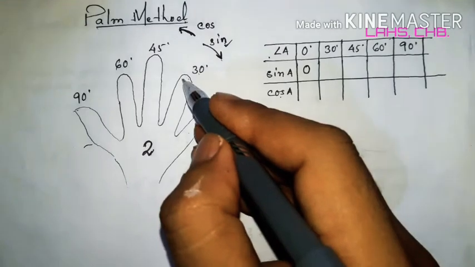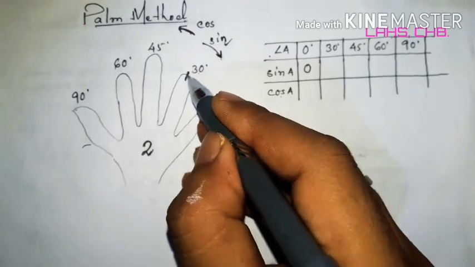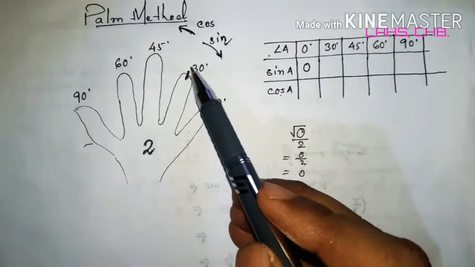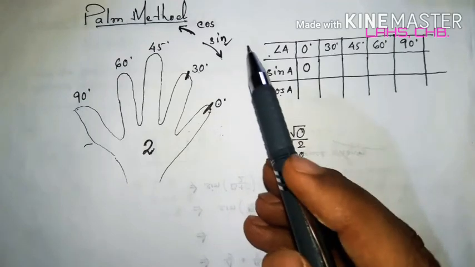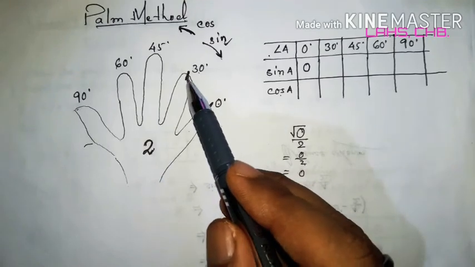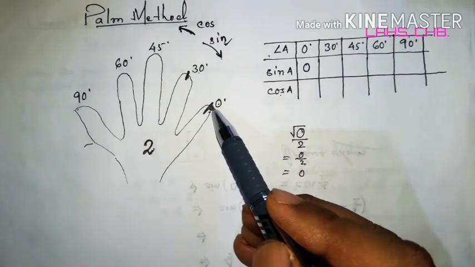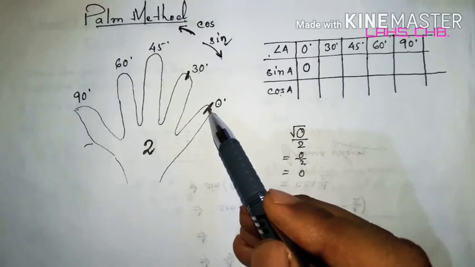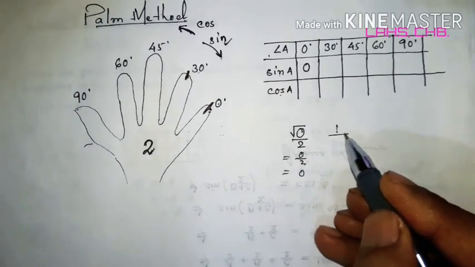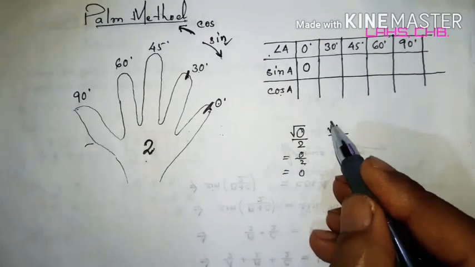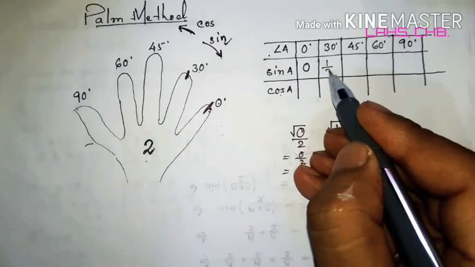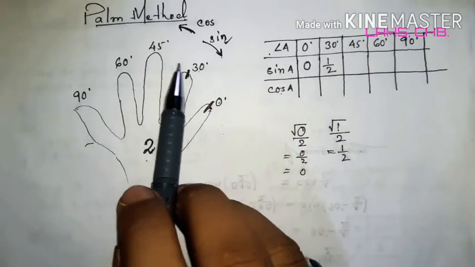Then in the same way, what will be the value of sine 30 degree? Sine 30 is here at this finger. Since we are calculating the different values of the sine ratio, in this direction next to this finger, how many fingers are here? Only one finger is here. So the answer will be 1. Since one finger is here, write 1 divided by this 2 and put a square root here. The square root of 1 is 1, so 1 by 2. We got 1 by 2. Sine 30 is over.